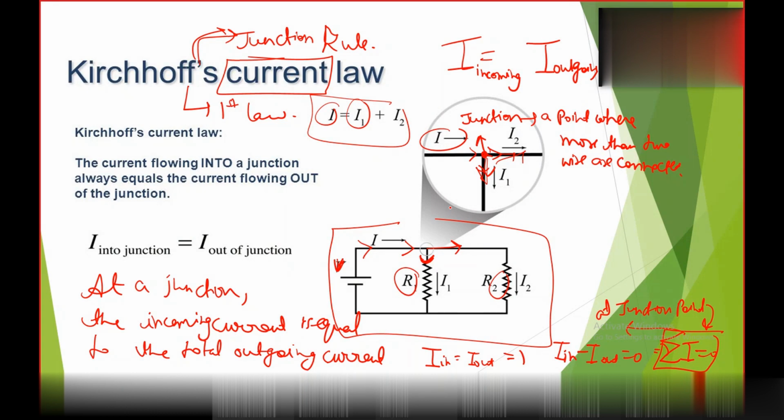Actually, we have applied it already in our previous question. We have also applied Kirchhoff current law there, but formally we are studying it now. It's not that we are doing it for the first time, but as a name we are doing it the first time. Kirchhoff current law. So is it clear or not that at a junction point the net incoming current will be equal to the net outgoing current, or we can say the net current would be 0. Whatever current is coming will go out, so how much net current will you get at the junction? 0, because nothing is left there; whatever came will all be forwarded. So there will be net current 0 at the junction point.